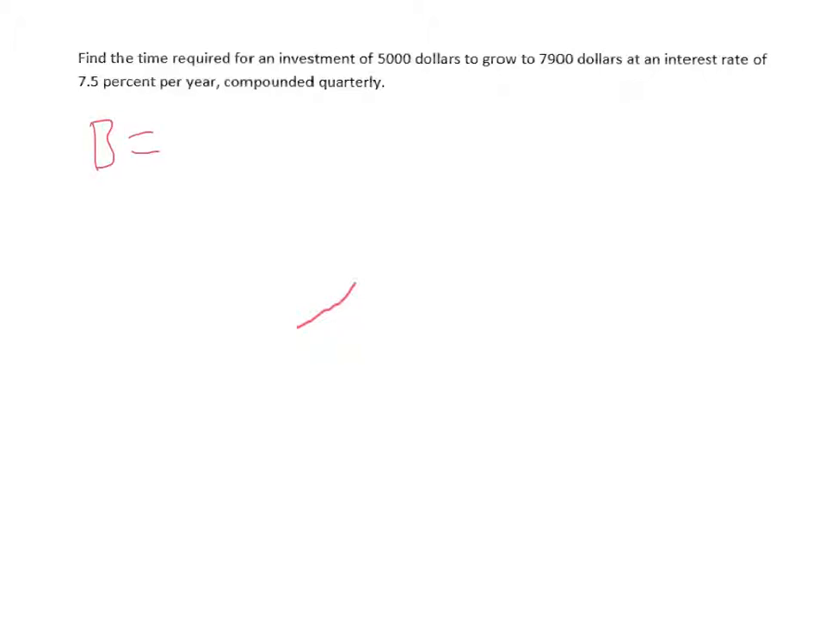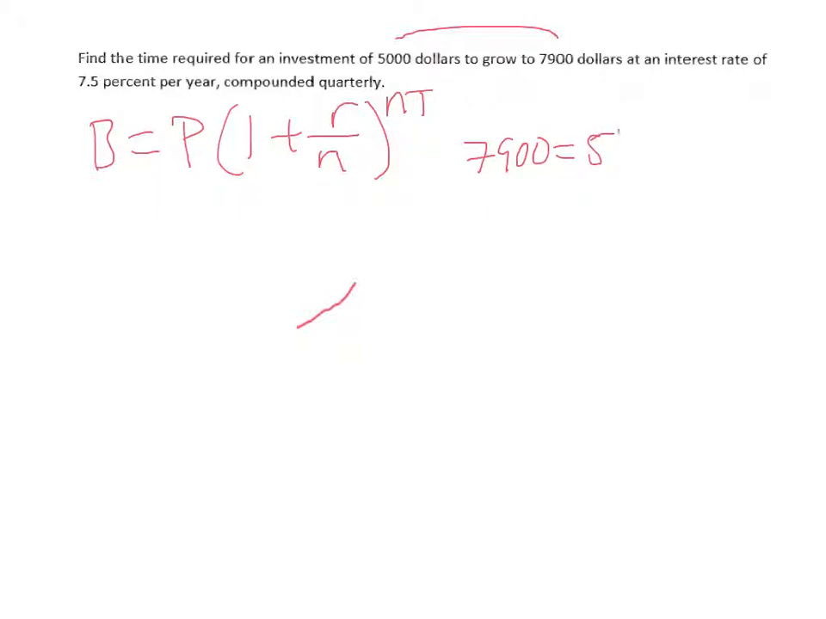So for this last example problem, you have to remember that the balance in a savings account or in some kind of account is equal to the principal times 1 plus the annual rate as a decimal divided by how many times a year it gets compounded, and then you raise that to the number of years times the number of compounds per year. So we're looking for how long to grow $5,000 to $7,900. So 7,900 is what our future value is, what we want it to be. We start with 5,000 times 1 plus, let's see,